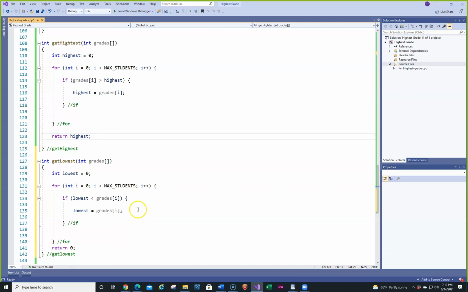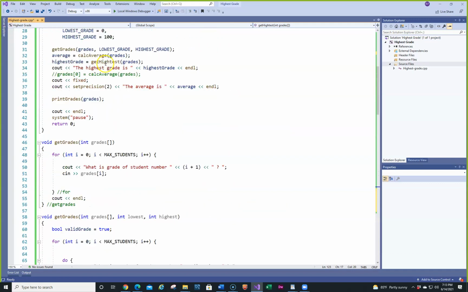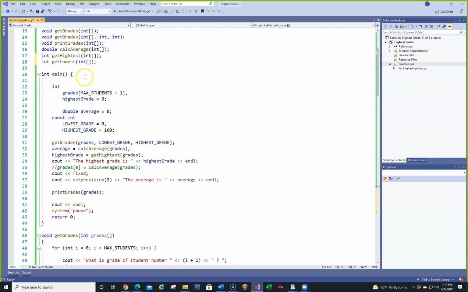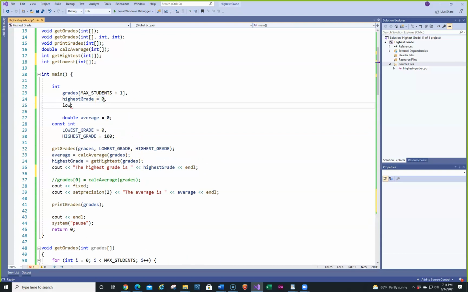So we're going to start off with high grades and we'll put one low grade in. Maybe we'll do a 92. So we need to call the get lowest. Do we have a lowest grade? No, we do not. So we have lowest grade equals 0. And